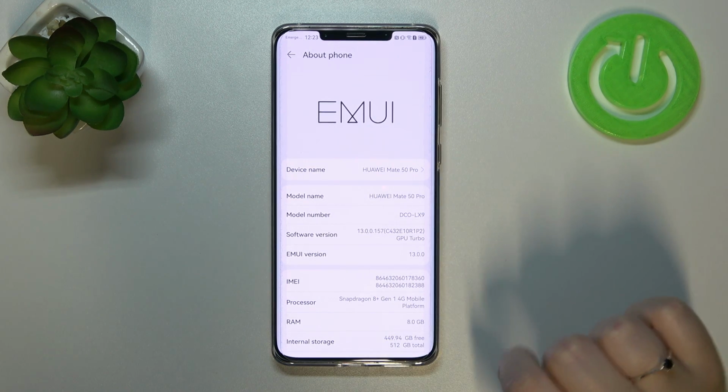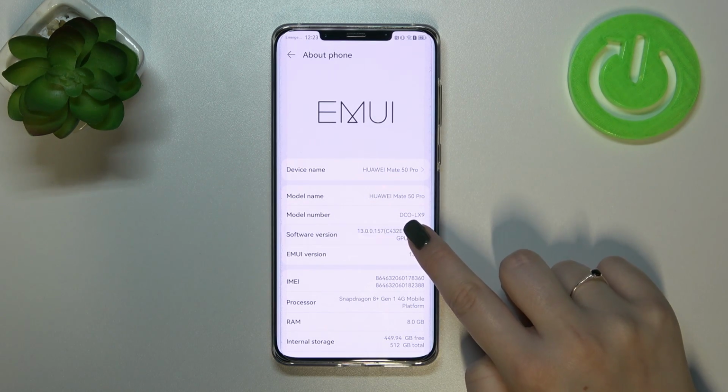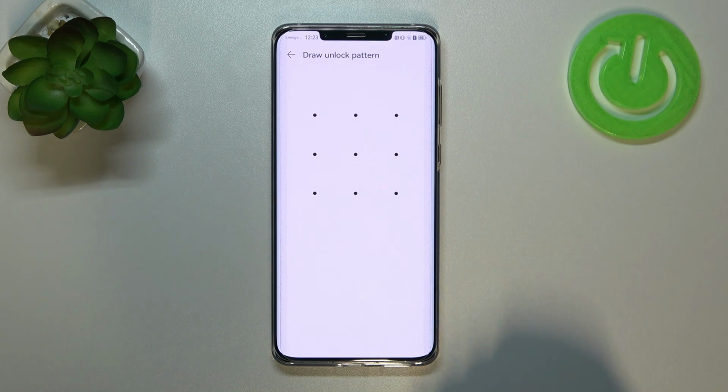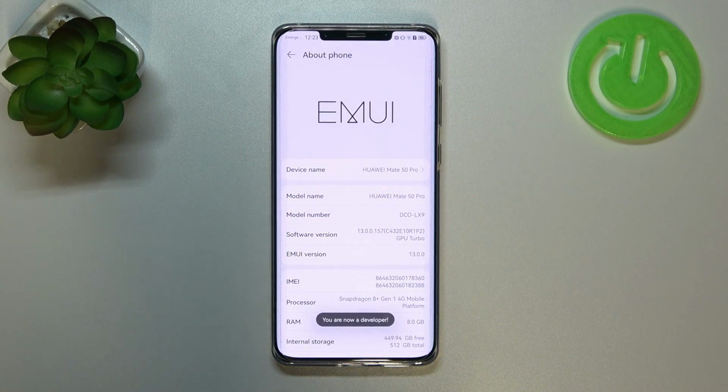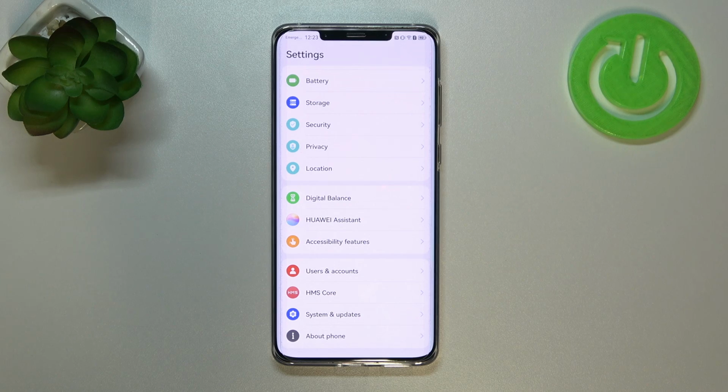So let's take a look at the software version, and all we have to do right now is to simply keep tapping on it. And if you've got any kind of screen lock currently set, then your device will ask you to enter it in order to confirm the whole step. And as you can see, right now we are a developer,